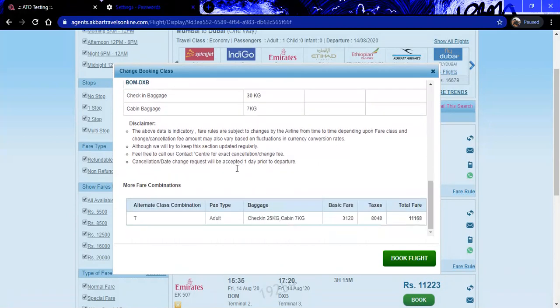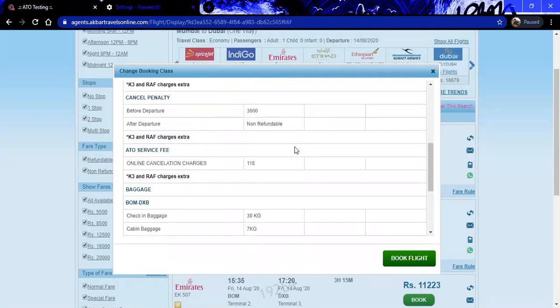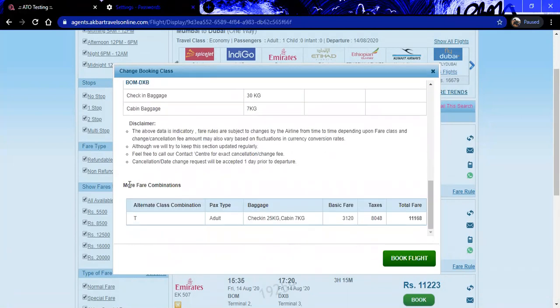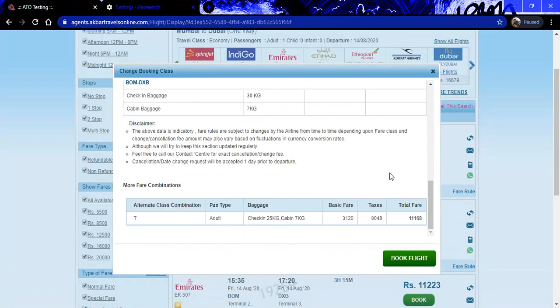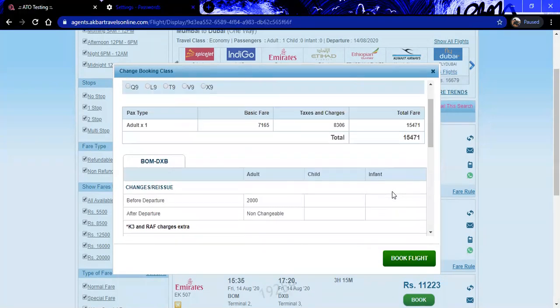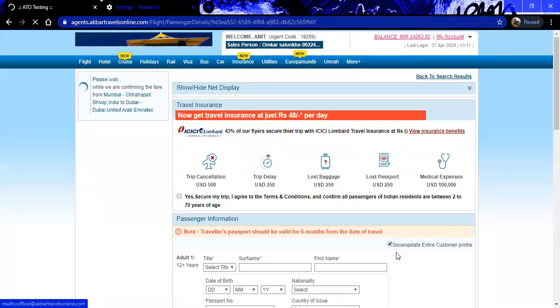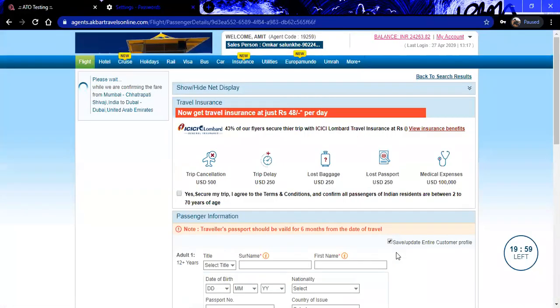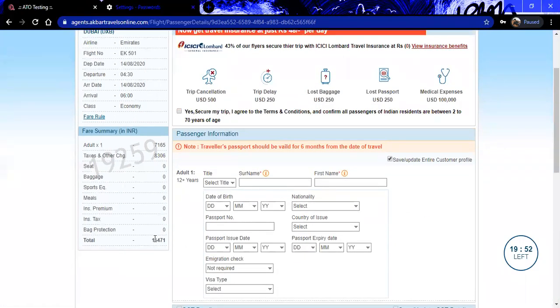Coming down to the lower part, before the kilo class you have selected a Tango class, and the detail is also there at the below part. So if you wish to compare, you can compare on this page and pop-up itself. If you wish to go ahead with the kilo class, just say book flight. After clicking on blue book flight, the portal will price this according to the kilo class and will show you the fare accordingly.